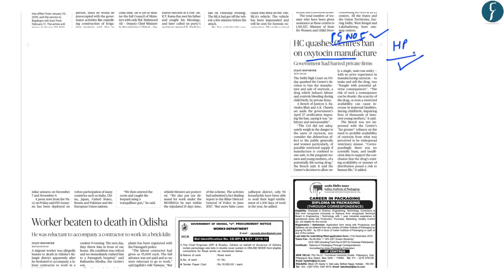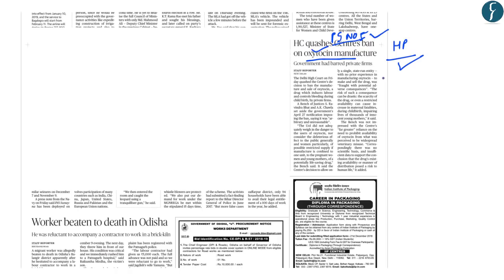Now, as a follow-up to this decision of the High Court, the central government imposed a ban on the manufacturing of oxytocin. And only one state-run entity was allowed to manufacture the oxytocin. However, the Delhi High Court has now quashed this ban on manufacturing of oxytocin. In this regard, the reasons provided by the Delhi High Court are that the center has not conducted scientific